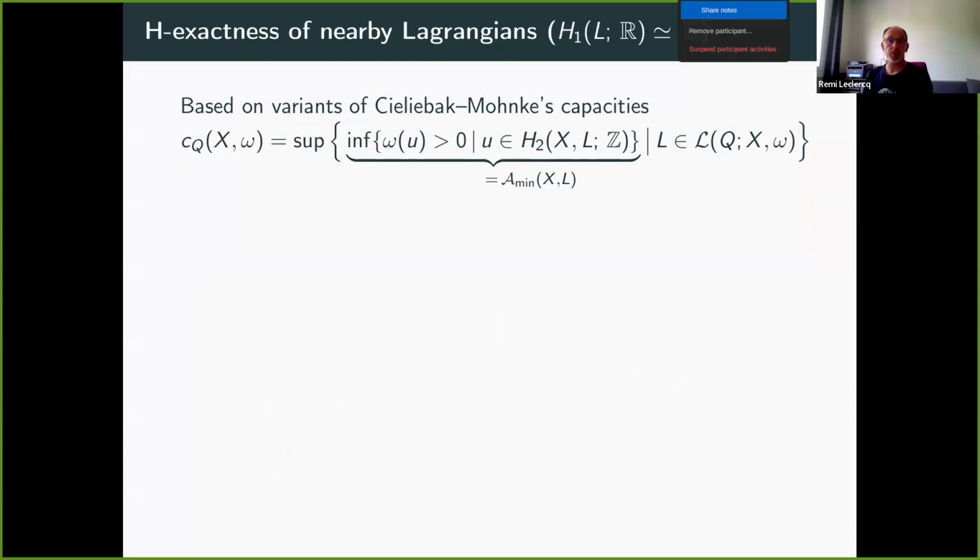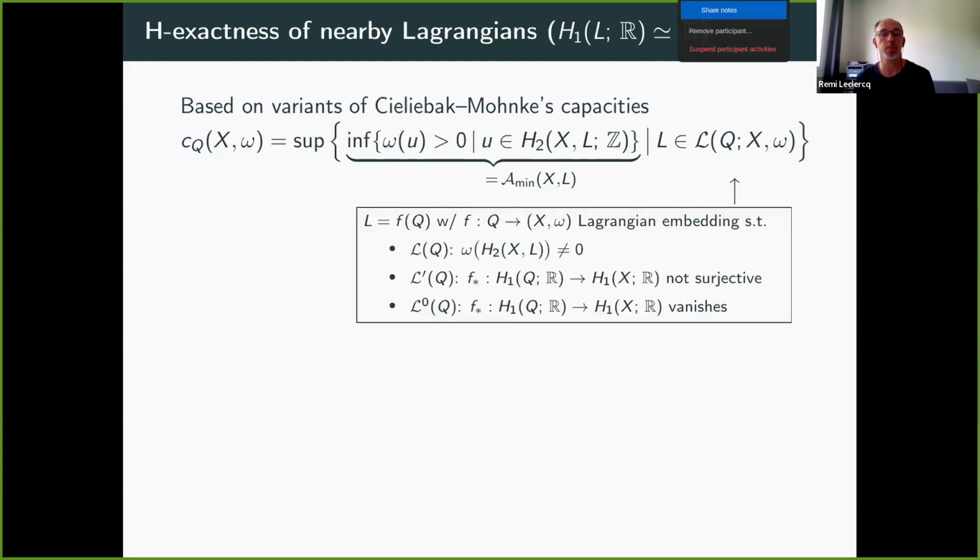So the proof is based on variants of Chekanov's symplectic capacities, which is a min-max, right? So let me give you our variant. Actually, there are 3 variants, but they all look like this. It's a min-max. Let's look at the min. So I wrote a min for what? The infimum of the positive symplectic areas of elements in relative H2, H2 of X, which is the symplectic manifold. I don't know why it's called X now and not M. Relative to L, and L is going to be a Lagrangian, right? And you do the supremum of this quantity over Lagrangians in this curly L now, a new curly L.